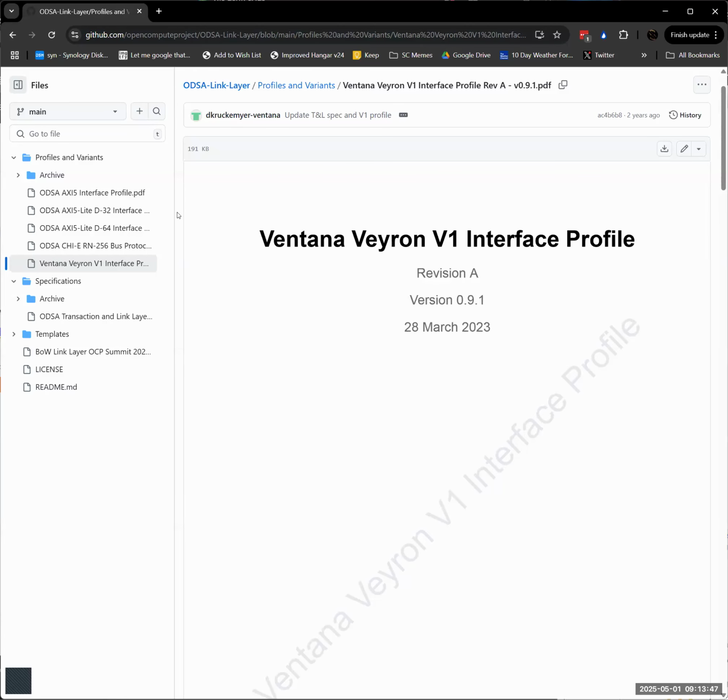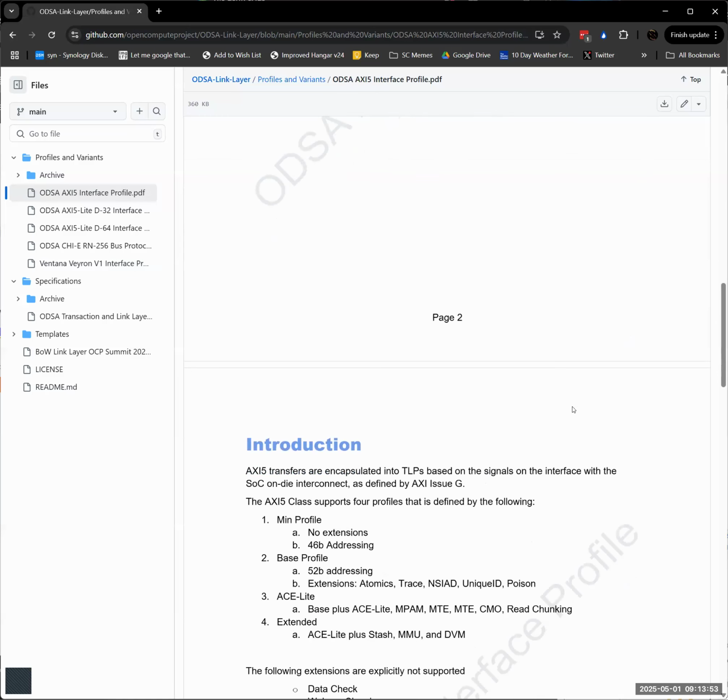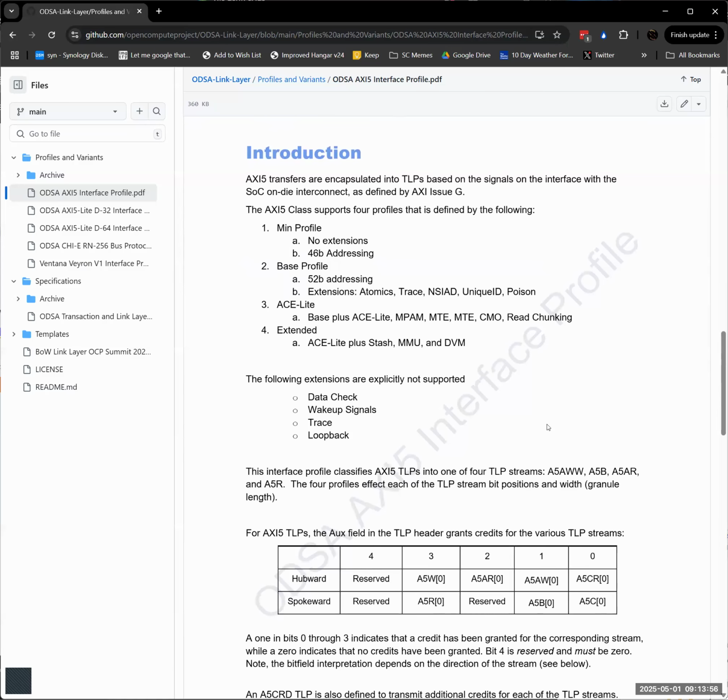From this point of view, you can use them however you want, right? You can think of these either as examples or white papers on how to build a profile. These bus protocol variants are mappings that the group discussed, where we would advise making trade-offs that align to the granule sizes when you're doing the granulation into the LLPs, because you only have one protocol packet per TLP in revision A,